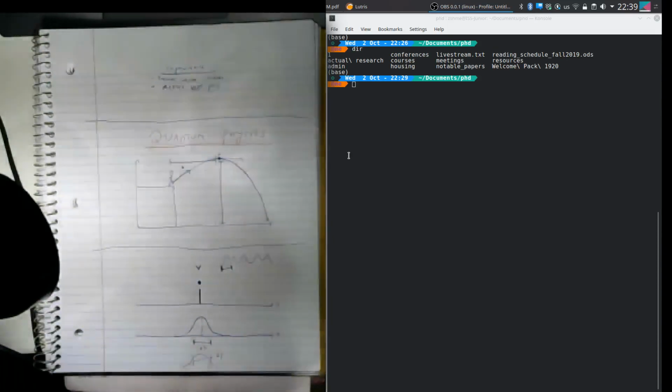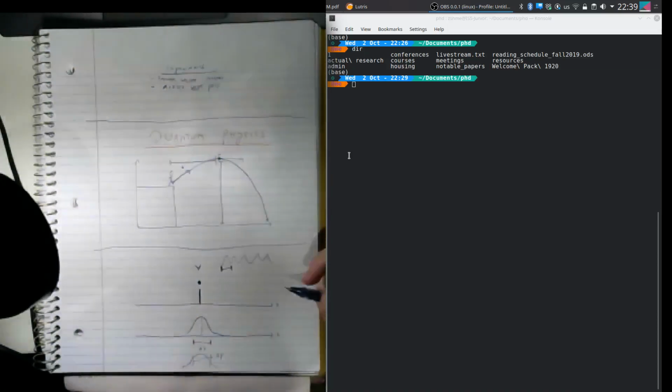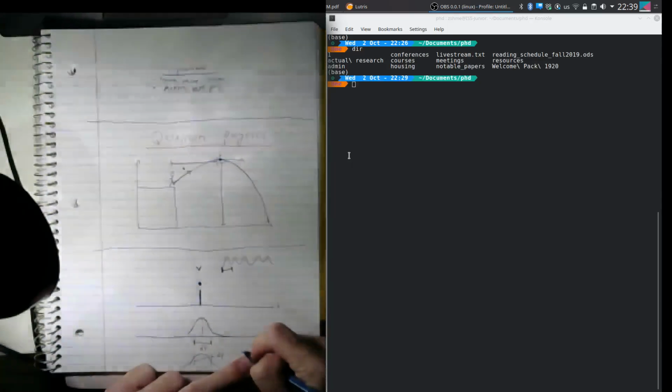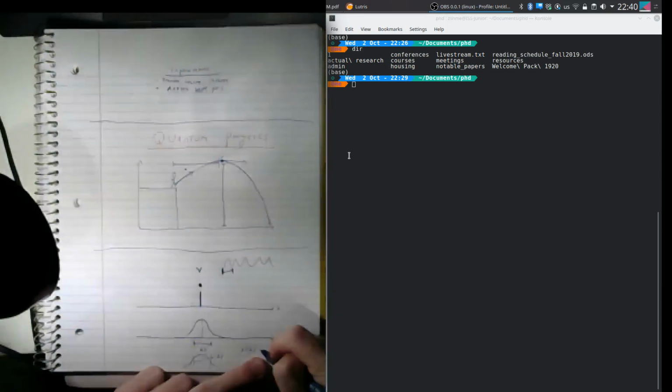But we can't get either. So we can get either one of these as small as we want, but we can't get them both as small as we want at the same time. And this is Heisenberg's uncertainty principle: the idea that this product, delta x times delta p, has a minimum value,